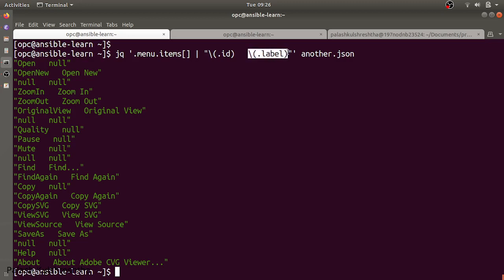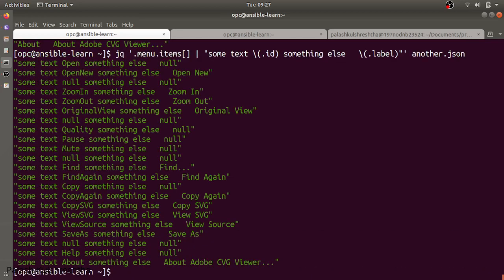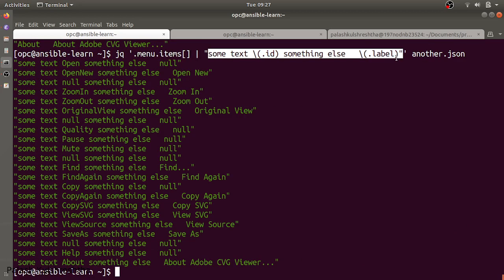These are basically placeholders for the JSON fields, and we can sprinkle anything, so some text, and then you can write something else, or anything that you want. Here you can see that it is following the output format that we have given in the JQ. So this is how you can extract multiple values from a single JSON.